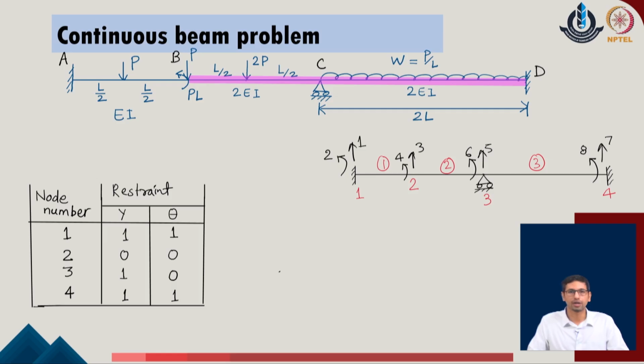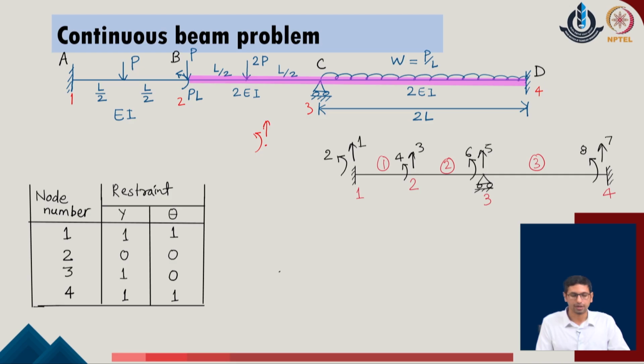Similarly, now I move ahead with the idea of the support conditions and the identification of whether it is a restraint or not. With this, we identify how many node numbers are defined in the given problem, as we have already located earlier that there are 4 joints. Now, for each joint we have 2 degrees of freedom identified. One is the translation in the vertical direction y, and the second is the rotation about the axis z of the given problem.